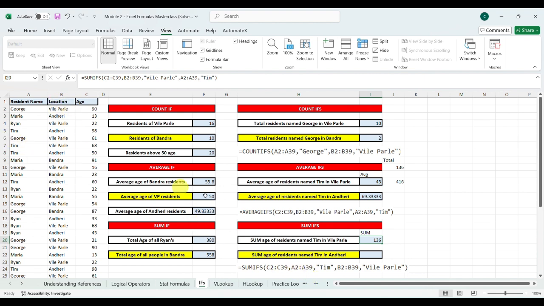It takes resident name first and then filters with Ville Parle. Now I have taken Ville Parle, the location, first; it will count for location first and then filter with Tim. So both are the same thing.